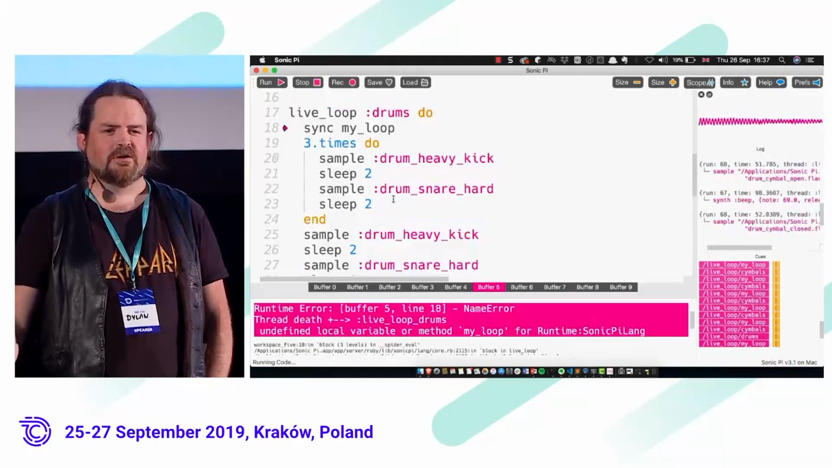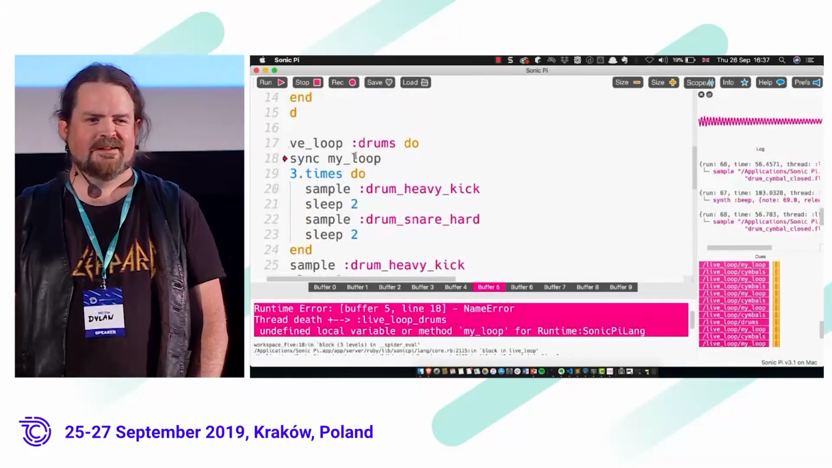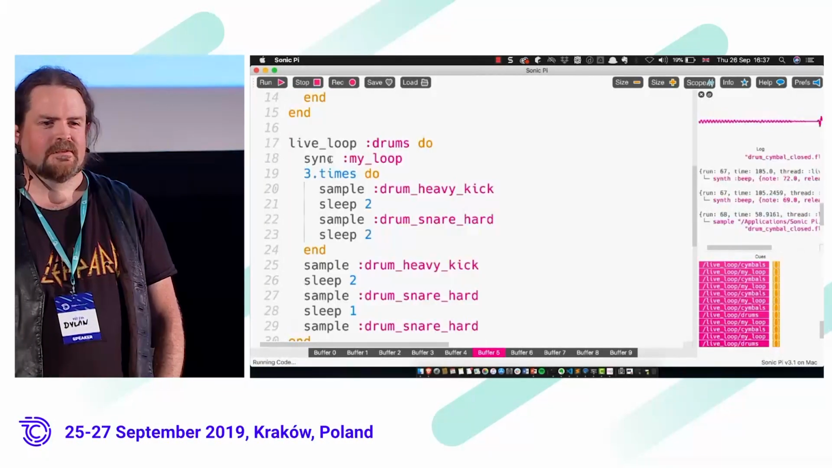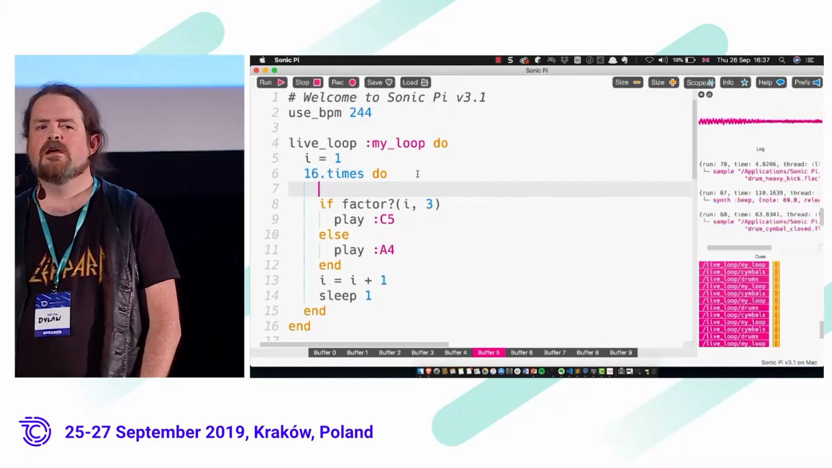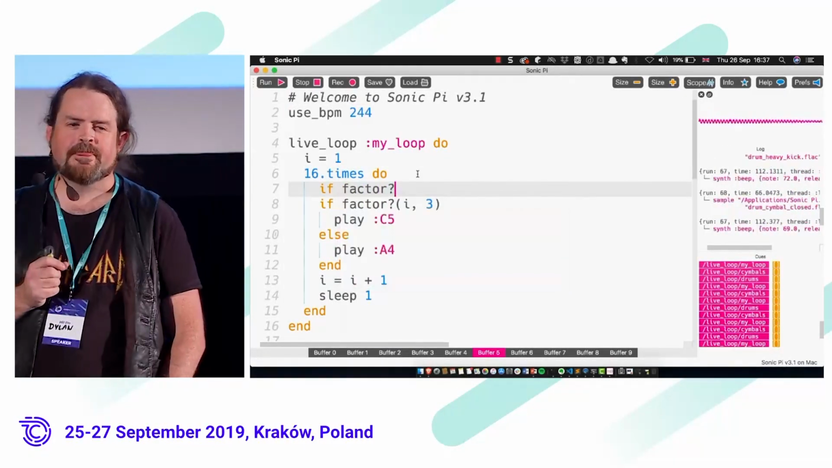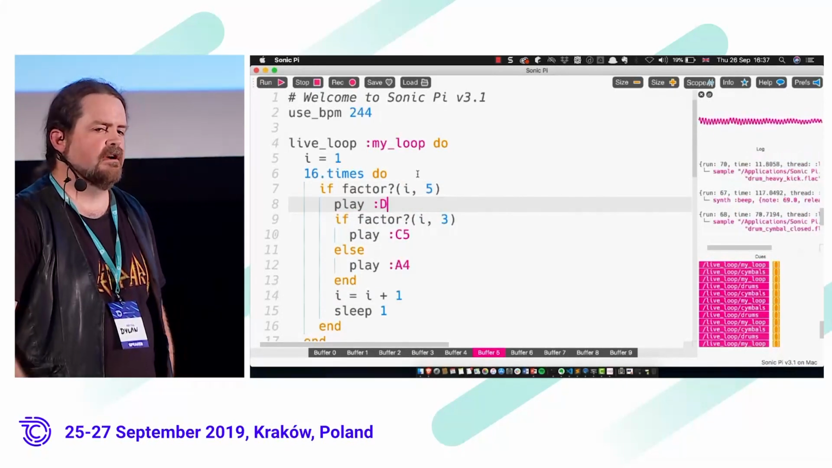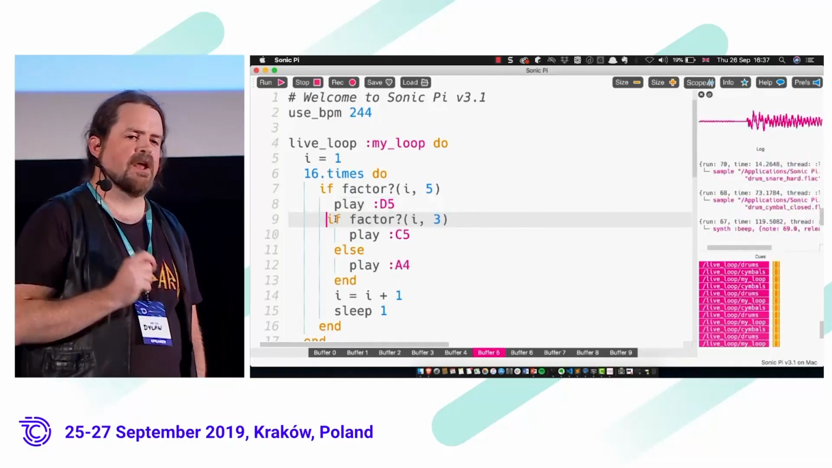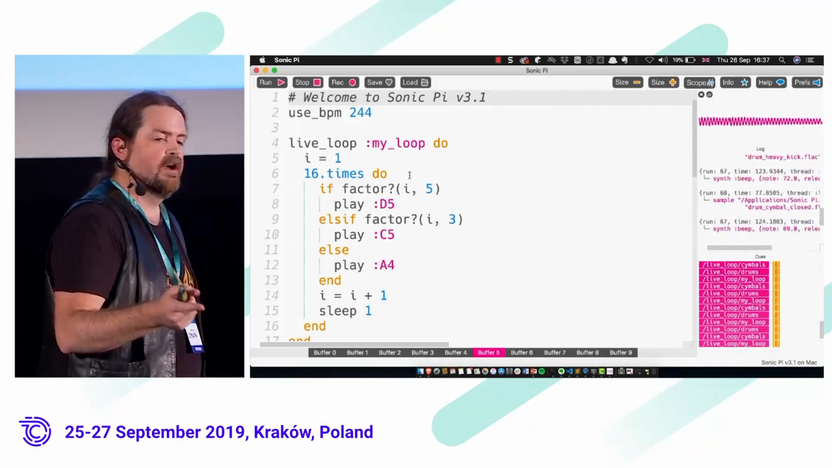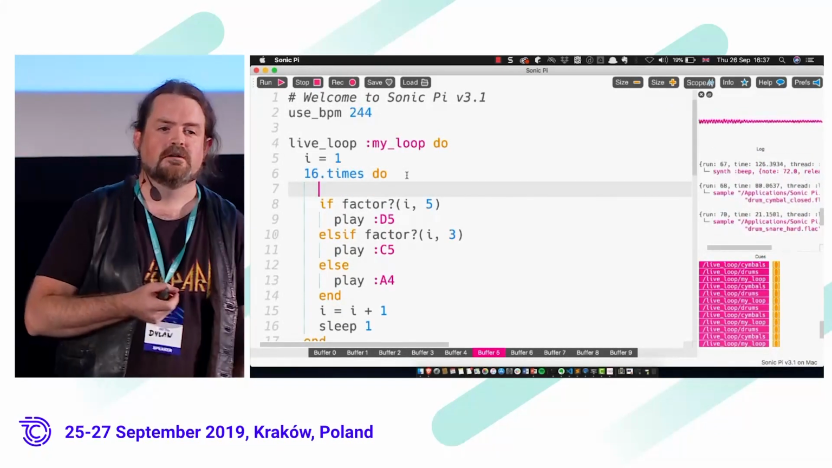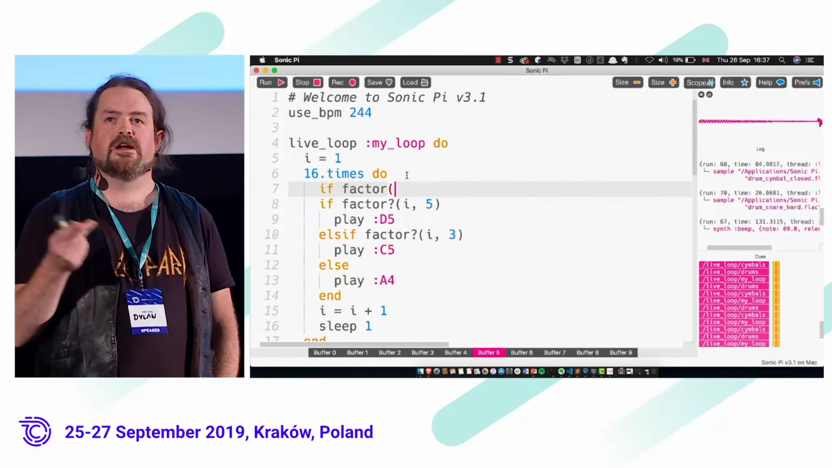That loop, we reload the whole lot. We've made a mistake. We've forgotten to declare it as a symbol. There we go. And we can do this in real time. So now I'm going to introduce a little bit more behavior. I'm going to say, if I divide by 5, I want you to play this note. Otherwise, if I divide by 3, I want you to play this note. Otherwise, I want you to play this note. And finally, I'm going